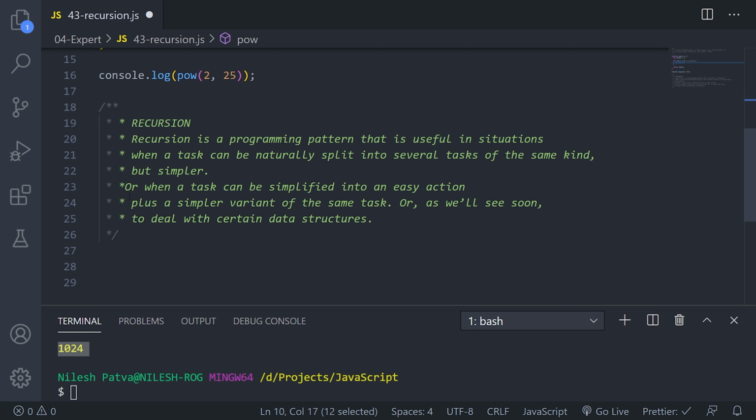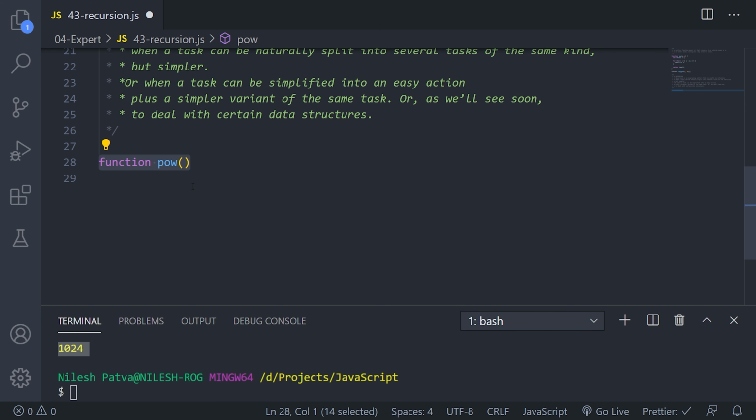But in recursion we do the same task in a simpler way, or you can say when a task can be simplified into an easy action plus a simpler variant of the same task, we will write a recursive function. So first of all, I'll create a similar function named pow, and it takes two inputs, and it directly returns something.